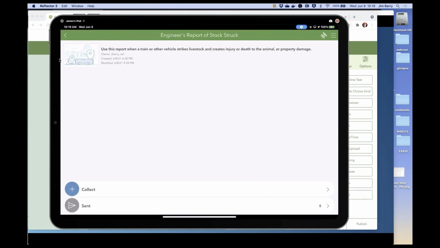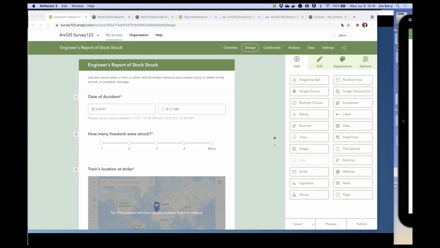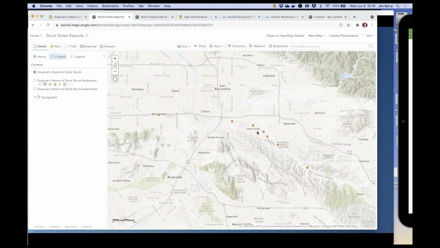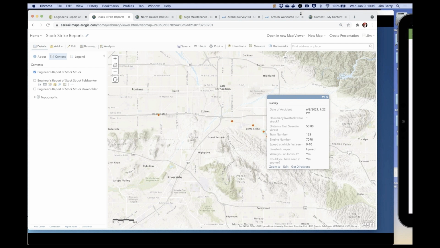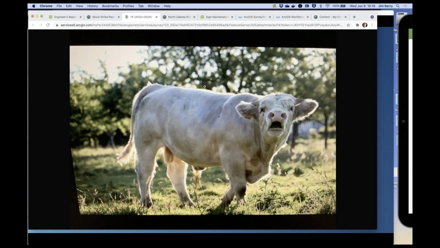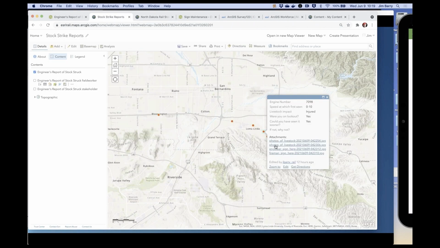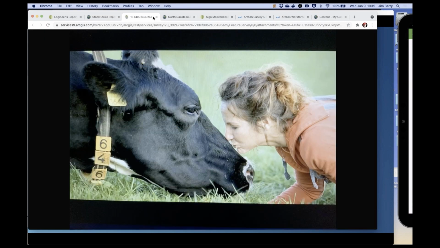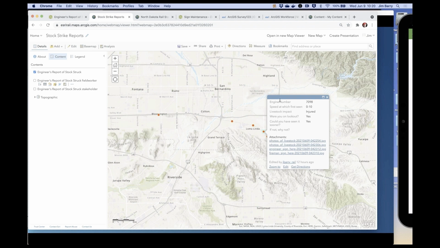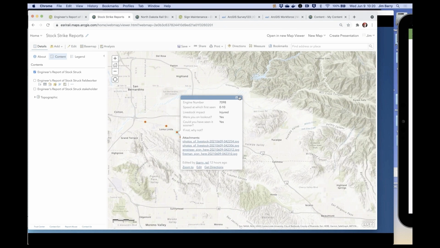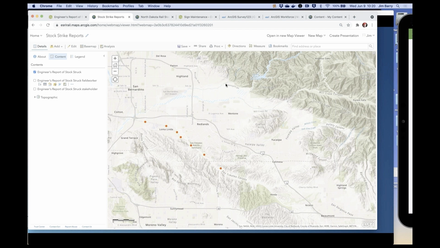And that submits back to the single database where I have the stock strike layer in my map. And if I click on that map and scroll down, I can see all of the information that was captured, plus the photos that were captured as well. There's my first responder rendering first aid there on the stock strike. And then I store that, and I can store that over time, and I can symbolize this different ways depending on the attributes that I captured, or